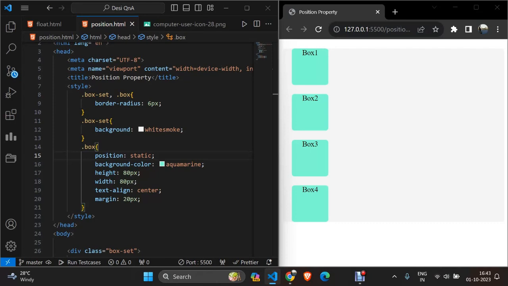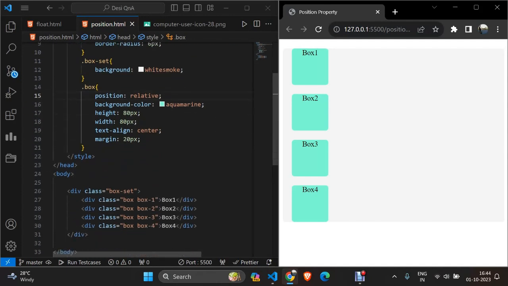So the one more property is relative. Let's see relative. So we can see the relative property has been applied over here, and you can try it on your own and try on more data to understand it. Over a period of time, you will definitely understand what is happening over here. And the one more property we have is